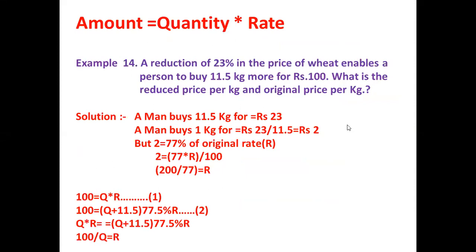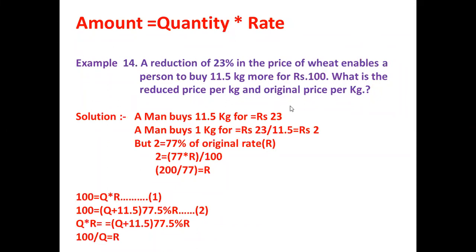Now I'm coming across one important formula. This one is the formula that you use in your daily life: amount equals quantity multiplied by rate. Suppose you go to the market and you buy 10 pens, and the cost of one pen is 20 rupees. So how much do you give to the shopkeeper? You give 10 into 20, 200. What you have done is multiply quantity by the rate.